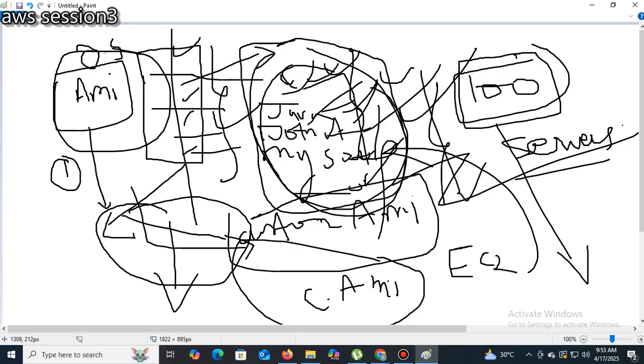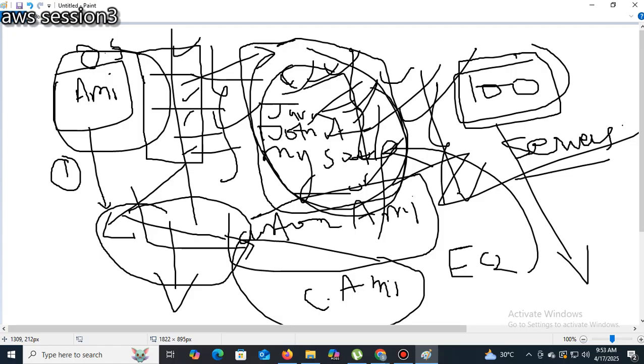The second thing is that the same process also creates the customized AMI. First, it will create a backup of the instance, and second, we can customize according to our requirement. From the customized AMI, we can launch instances.